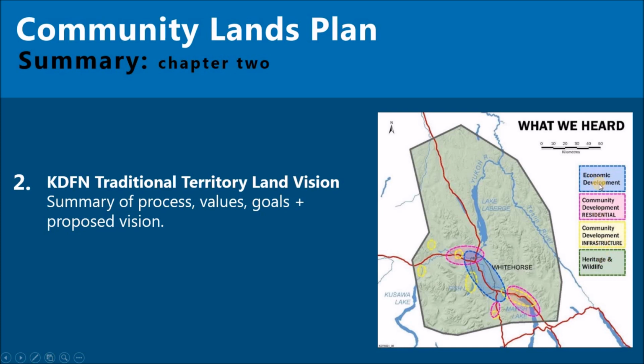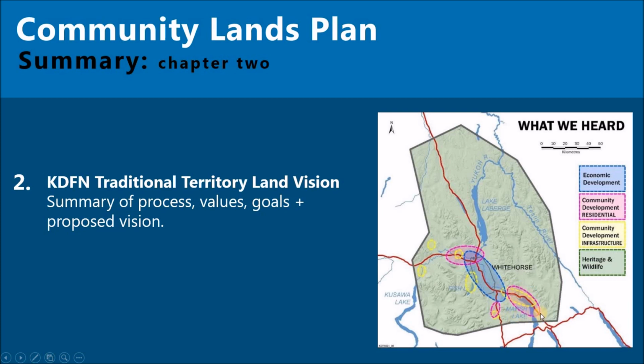Those goals were economic development, community development, which has 2 parts, residential and infrastructure, and then the other goal here is heritage and wildlife. So the lands in green are to be primarily managed and used for this value, so heritage and wildlife, and we identified